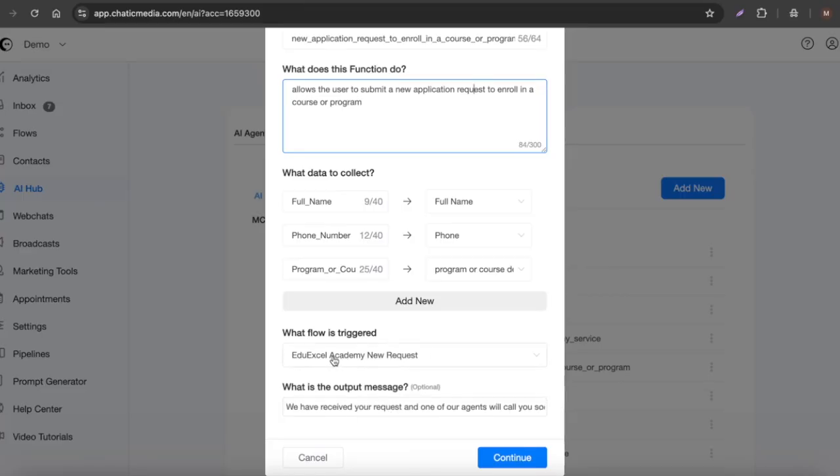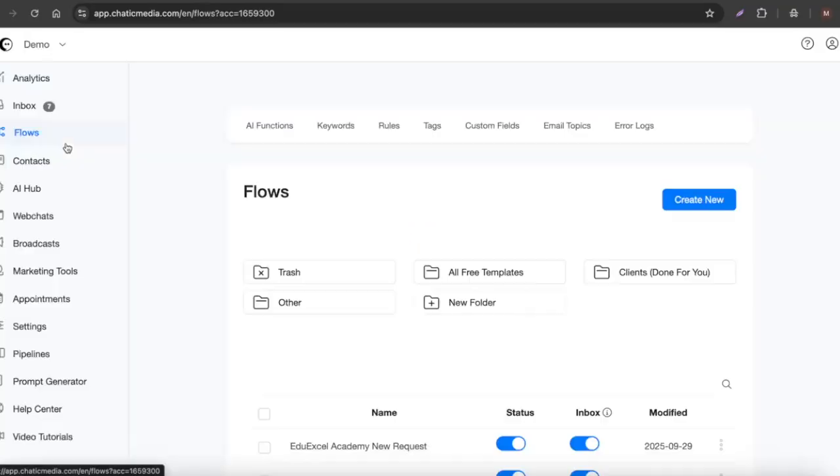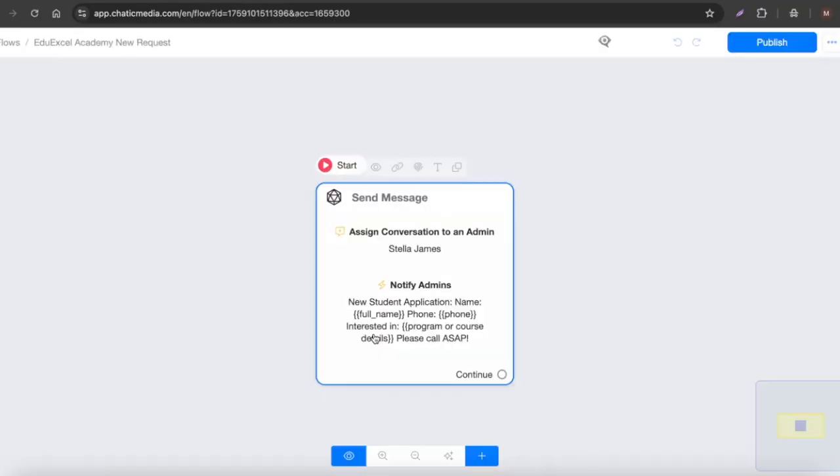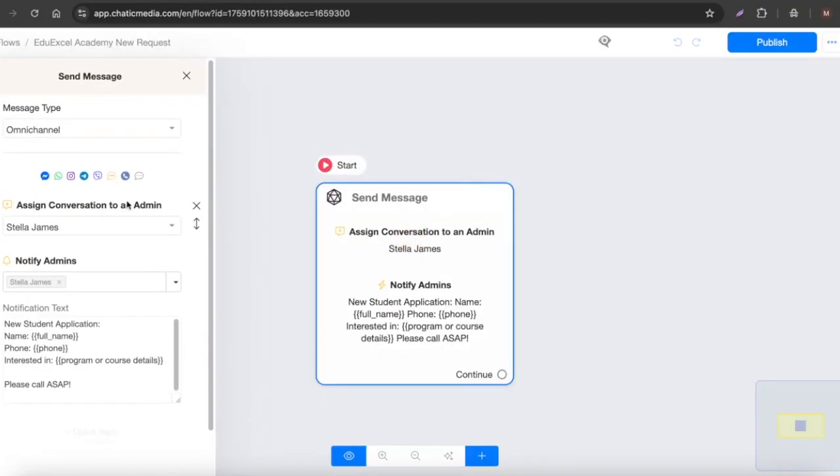So let me go to the flow which is triggered after the customer provides all these 3 details. Let me go to the flow section over here, and this is the flow triggered. So here we have a simple assign conversation to admin action. That's it. So what happens is that